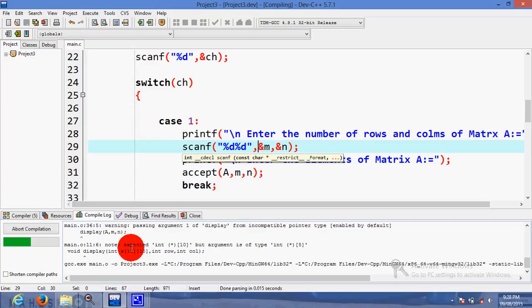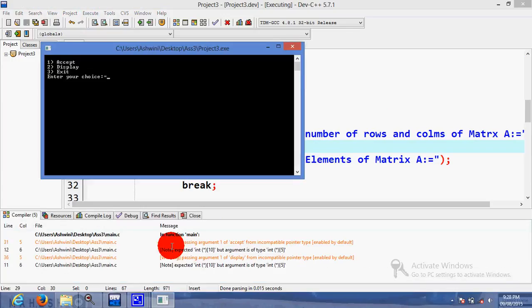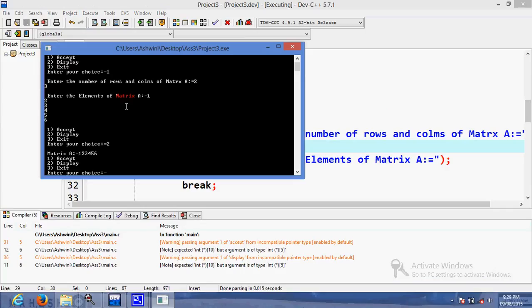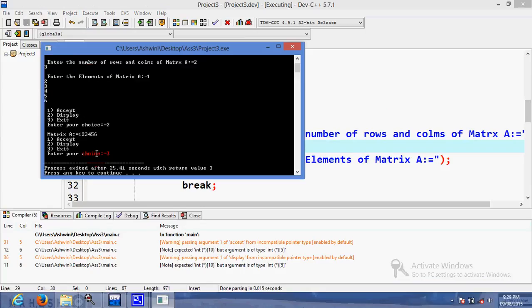Okay, you will get this type of error, expected integer star. Okay, this is a warning. I will show you how to remove this warning, but first of all accept a matrix, number of rows suppose 2 by 3, elements 1 2 3 4 5 6. Now display, see it is displaying all the elements sequentially, but we have to represent our matrix.